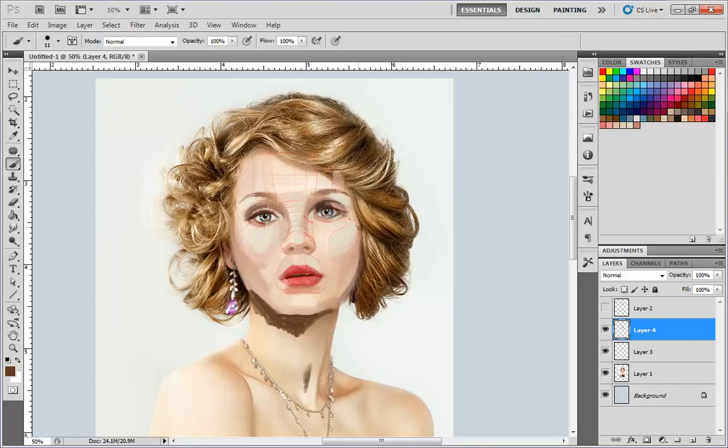Hopefully this helps you understand how to see the form of a face and then how to paint it with a different lighting system than what the face already had on it. So you can take a photograph, understand the form of the face based on that photograph, and then repaint it with a different lighting source in mind. It's actually a really good exercise to learn the form of the face. But again, if this is kind of hard to follow, how to see the form of the face,